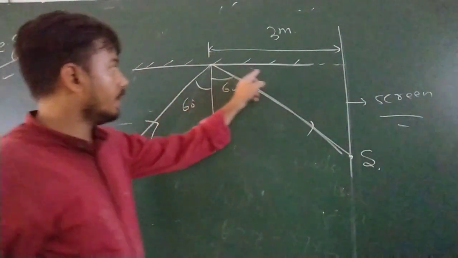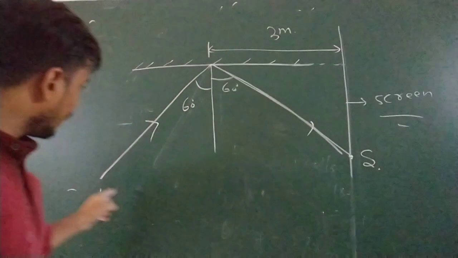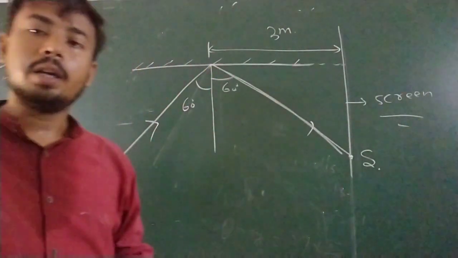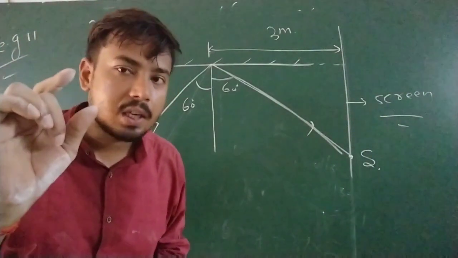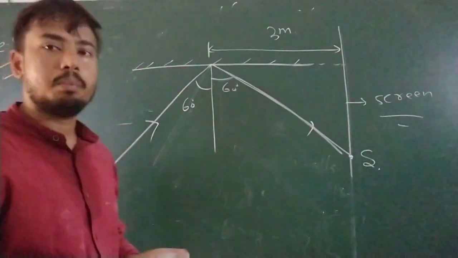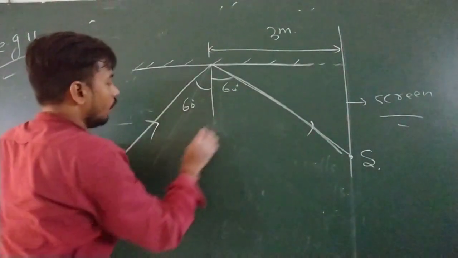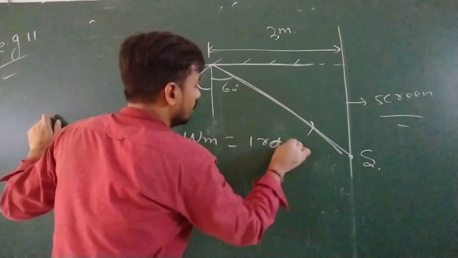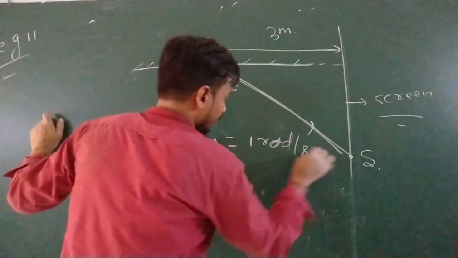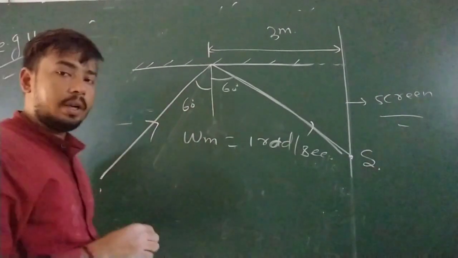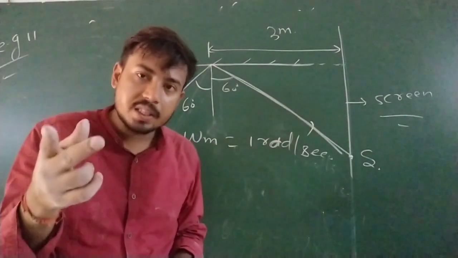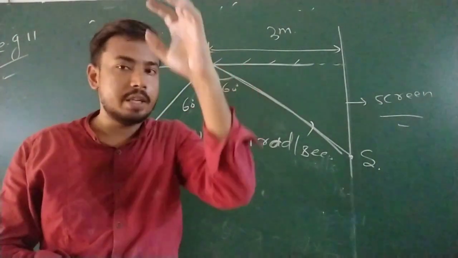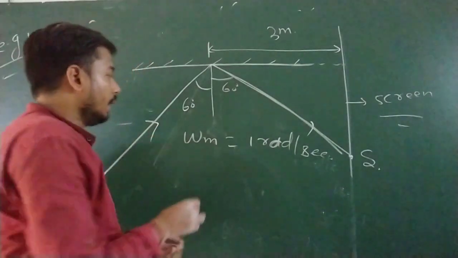See, we have given this is a plane mirror, this is a screen, incident ray coming at angle theta, so reflected ray will also go at angle theta, it means 60 degree. Now the question is twisted. Mirror starts rotating with 1 radian per second. It means angular velocity of mirror is equal to 1 radian per second, right? Okay. So we know that angular velocity of reflected ray is twice, because I taught this thing, the rotational effect of mirror. When incident ray is fixed, but mirror rotates.